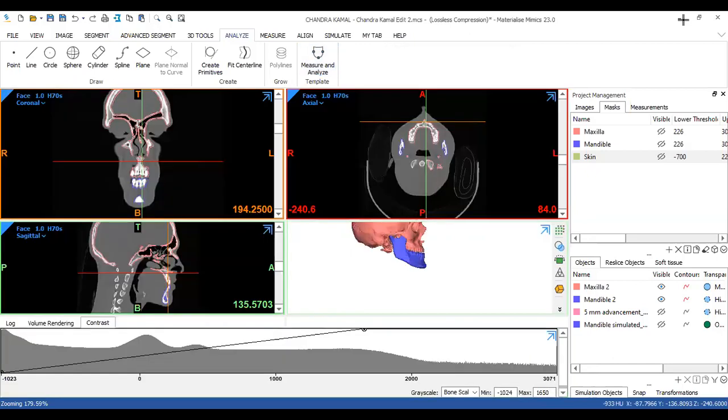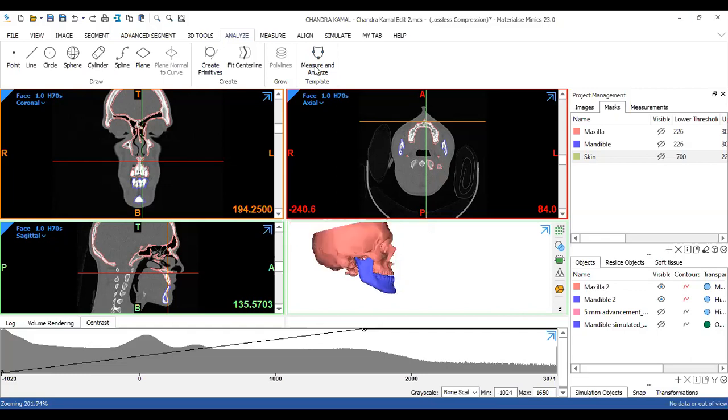I'll switch to the other file wherein we have the points already set. Till the other tab opens up, what I'll do is just repeat.